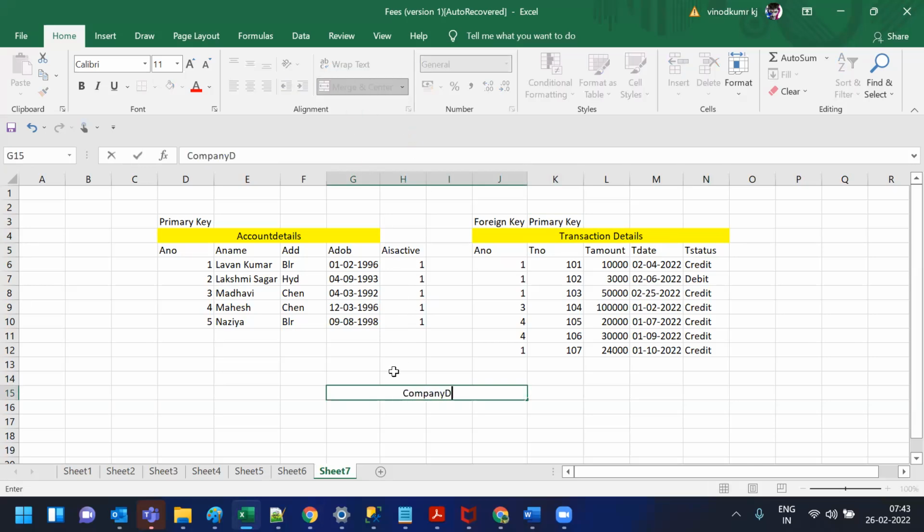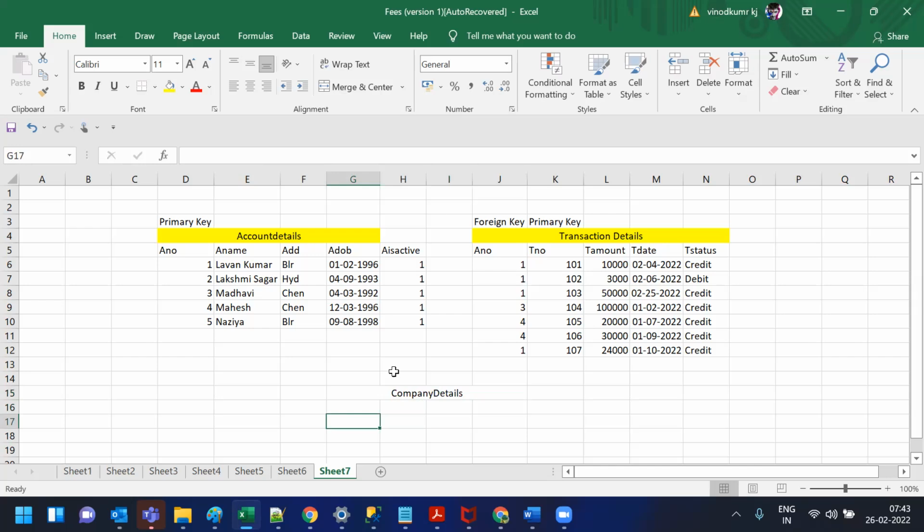Consider that company details, guys. Let's say, I'm just taking a small example. See, in a company, let's say somebody has started a company. Now consider that,